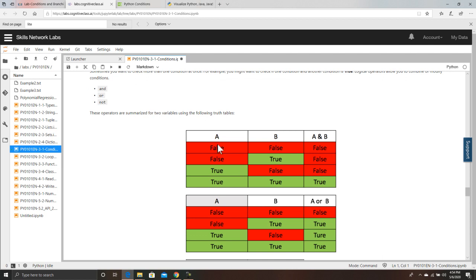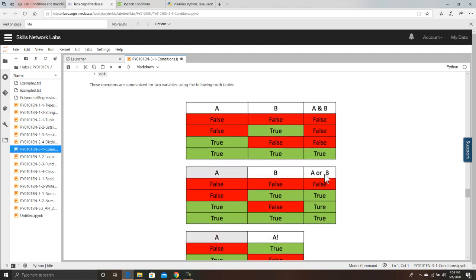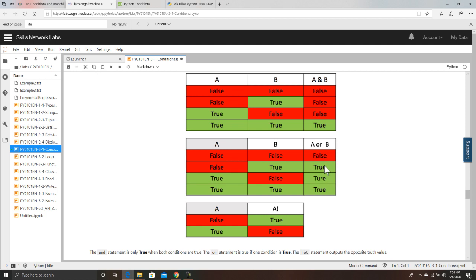For example, A is false, B is false, A and B is false. A is false, B is true, A and B is false, because the AND gate will only open when both A and B are true. True, false, false; true, true, true. The OR gate opens whenever either A is true or B is true.